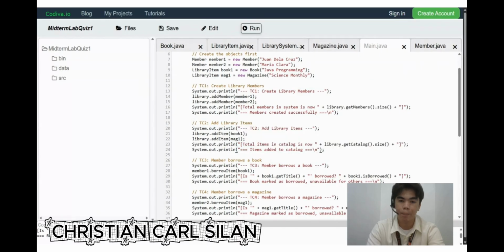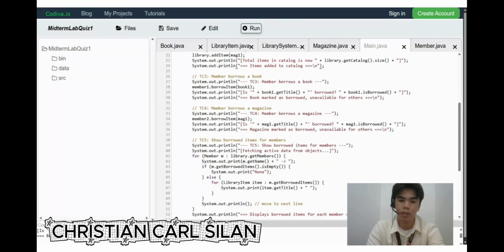Same as create library members, member one is added to our library. Member two is also added to our library. Same as that, book one is added to our library, and magazine one or mag one is also added to our library.